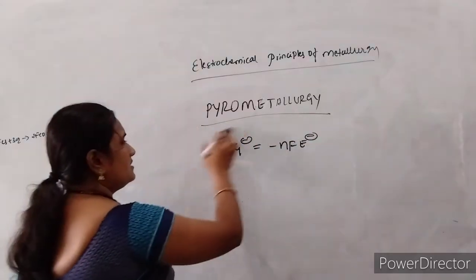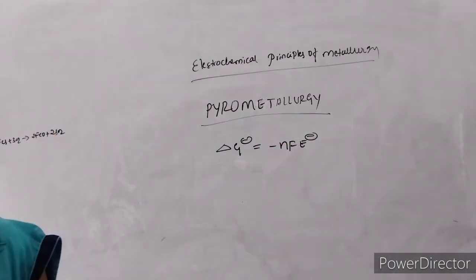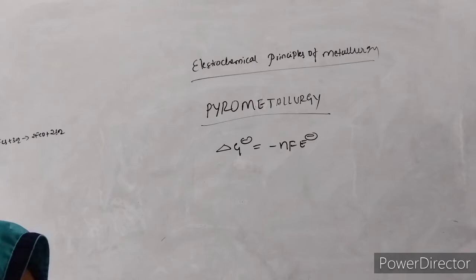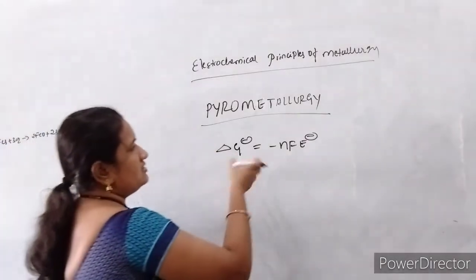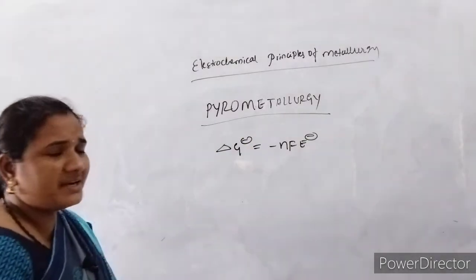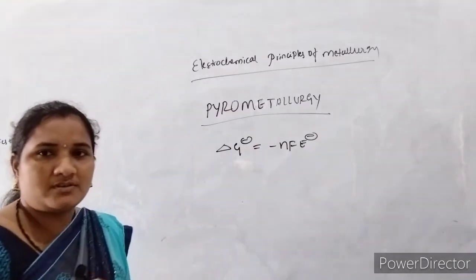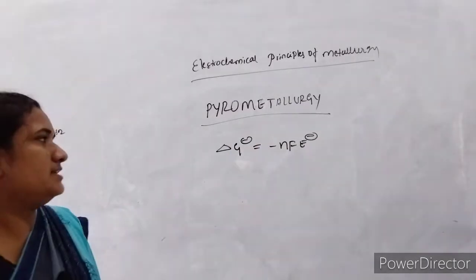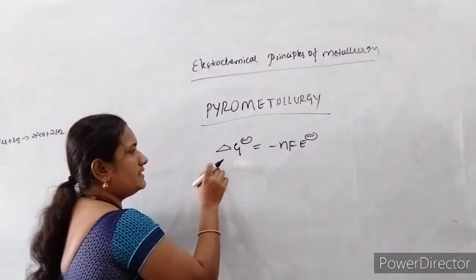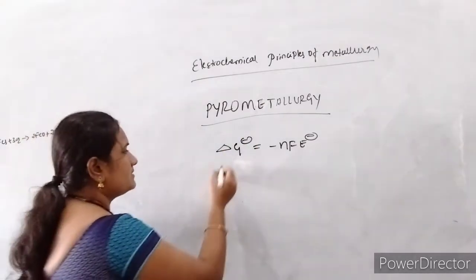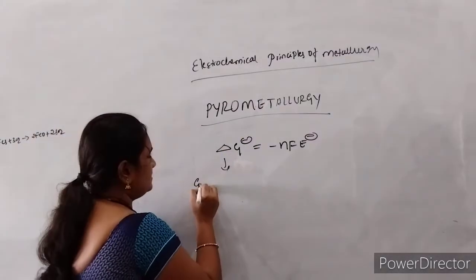So this is the basic equation, one of the most important relations for understanding the electrolysis as well as the electrochemical reactions which occur in metallurgy. So we are going to apply this relation to the metallurgical process in the molten metal state. Here delta G naught is the standard Gibbs free energy,